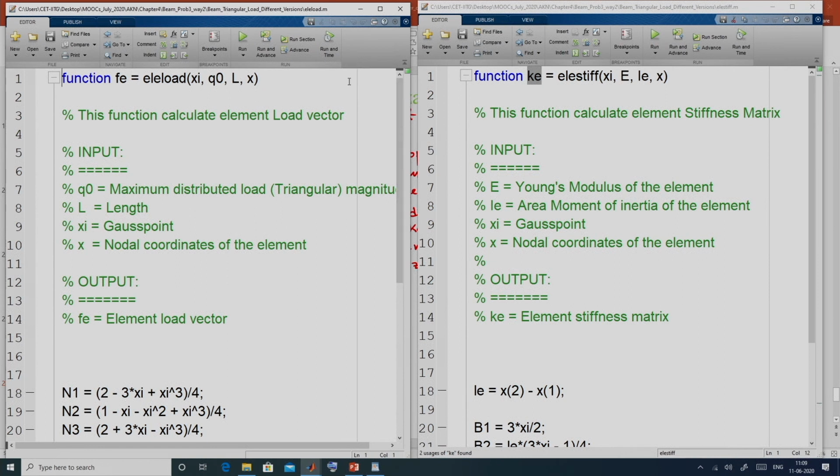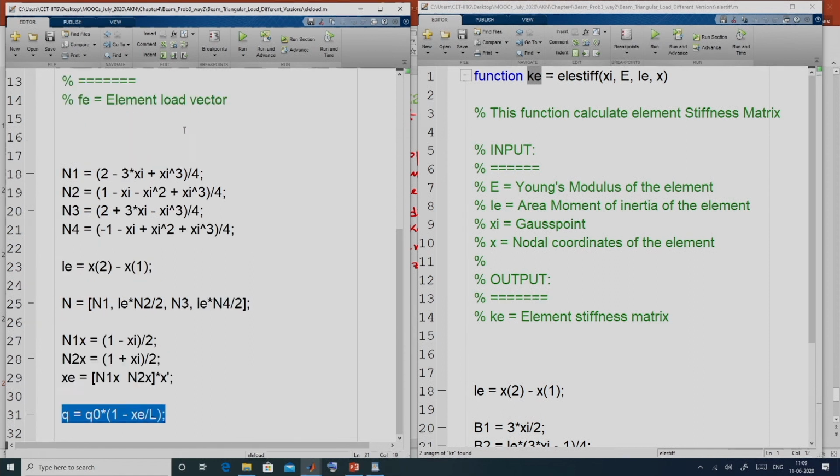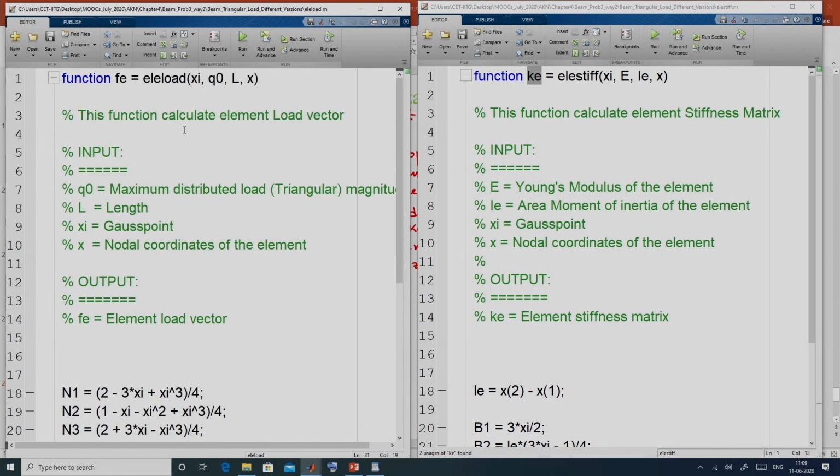Similarly, we have evaluated the integrand for the element load vector at a particular Gauss point. This gives us the flexibility to take care of any distribution of our distributed loading. Any function we can incorporate directly in this LE load, because now our integration is general through numerical integration.